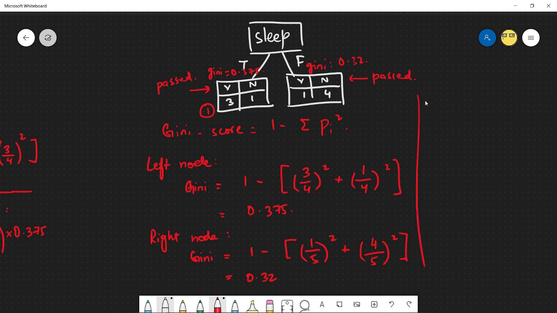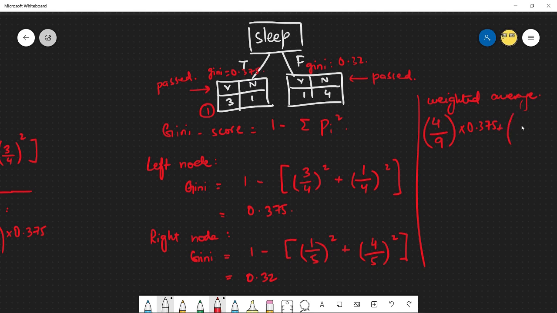Next, we will have to calculate the overall Gini score. For that, we will need to use the weighted average score. That would be the total on the right node, which is 4, divided by the overall total number of data points here, which is 9. So this is 4 plus 5, 9, times the Gini score on that side,